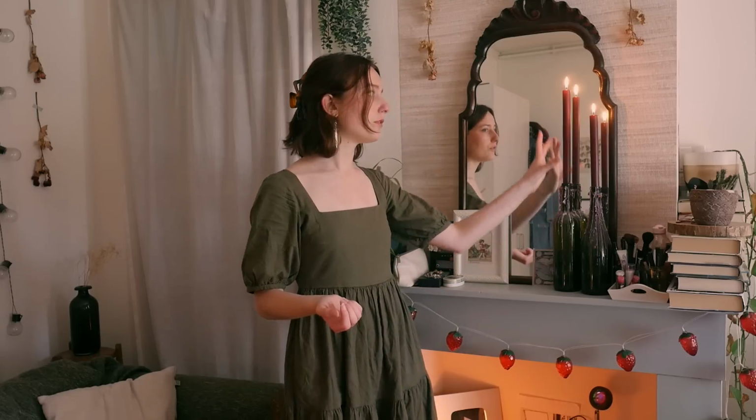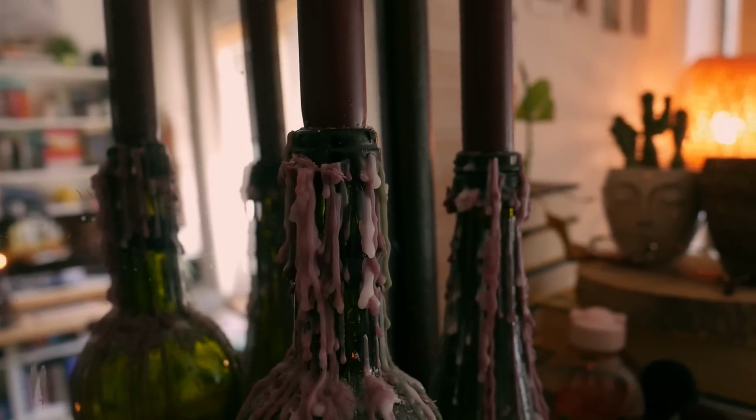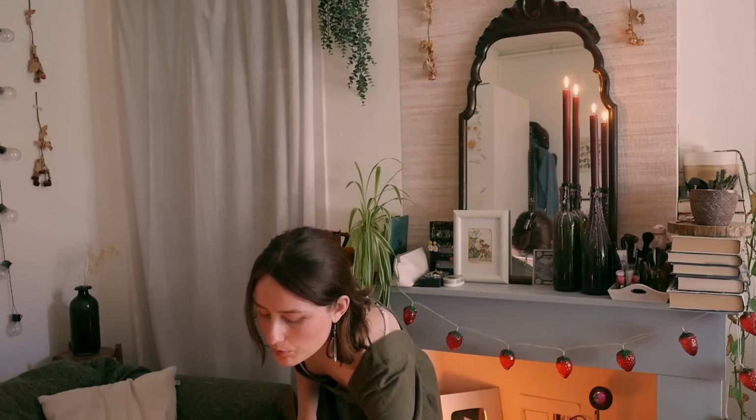I also love putting candles in bottles. It just really brings out the vibe of the room. Also, these little candle holders on my little salon tables. You can find these in secondhand stores. I have all of mine from secondhand stores, and they just really bring that Victorian vibe to your otherwise IKEA